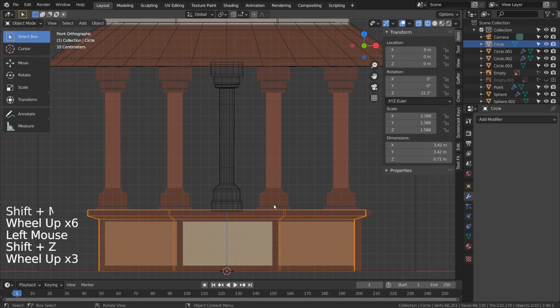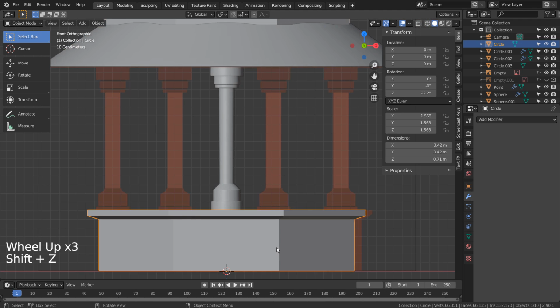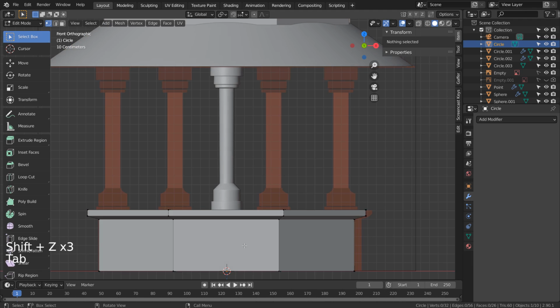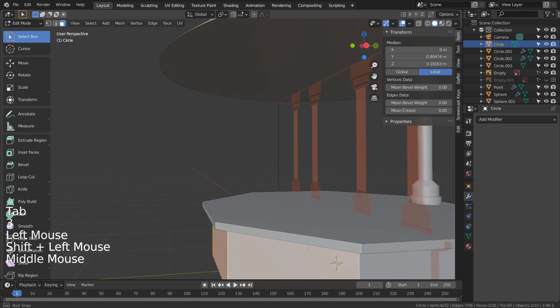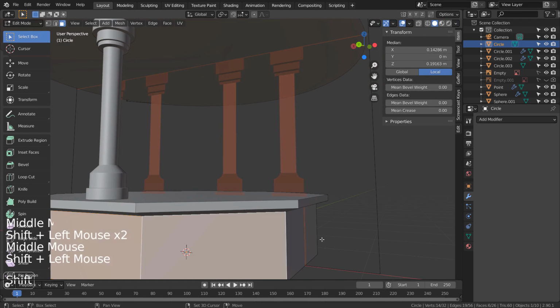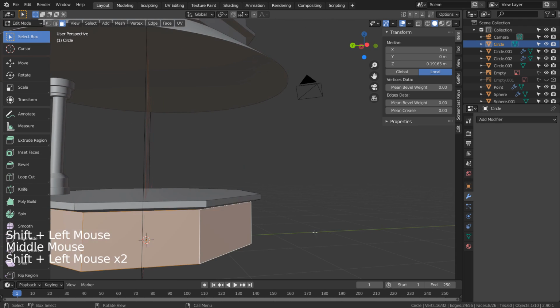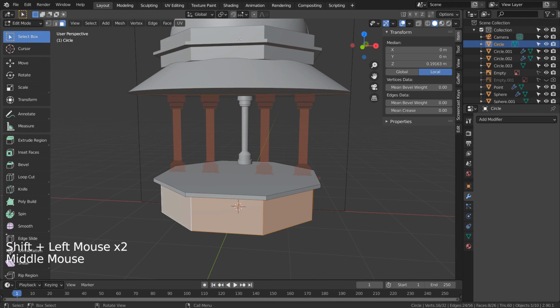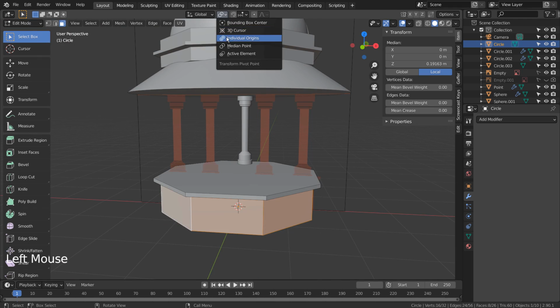For the decorations on the bottom mesh, we can shift-select the faces like this, and extrude them individually. We need individual origins. Alt-E, to extrude the faces individually.